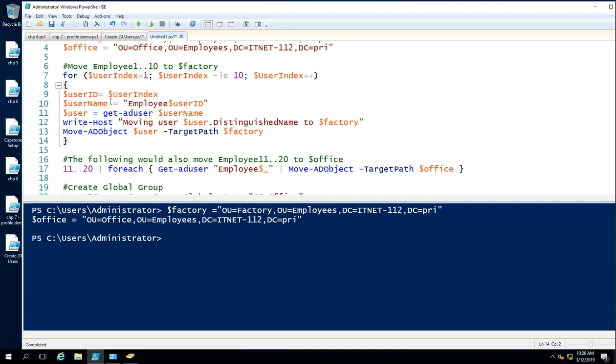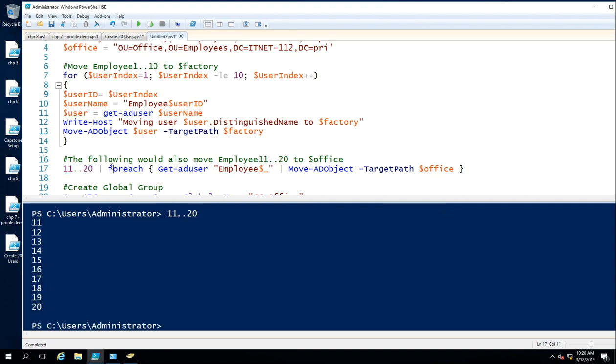Which is what lines 7 through 14 are doing. So with that said, let's look at line 17. The first part of that line has us counting up from 11 through 20. If I just highlight that and run it, 11 through 20, then we're going to take those 10 objects,